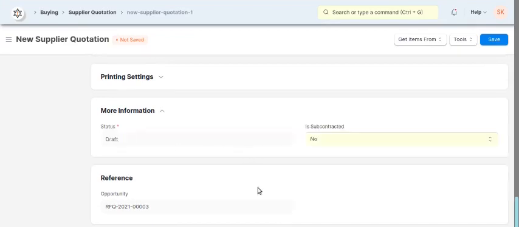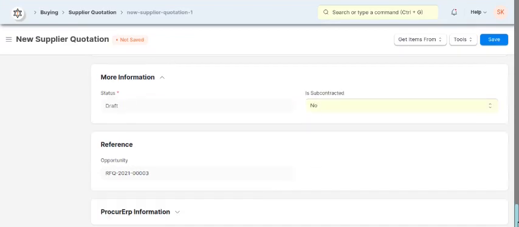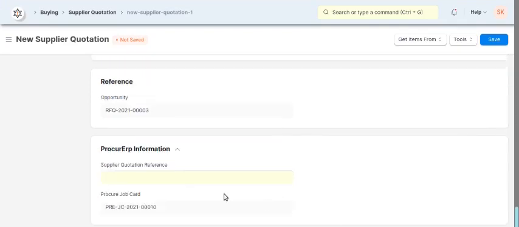This is the more information, and this is the reference. Under the Procure ERP information, you can see the supplier quotation reference. Suppose the supplier has given any quotation reference, you can enter it here.